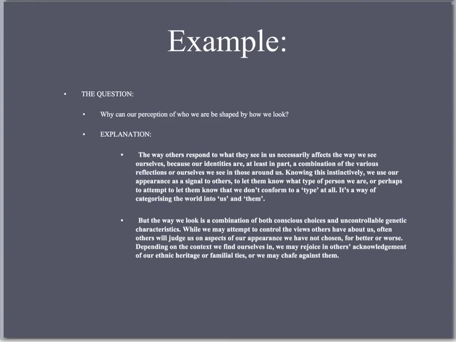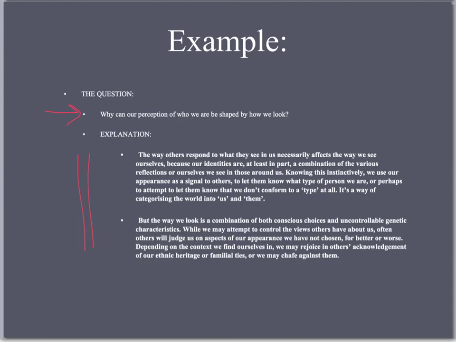Okay, so here's an example of that. So what I've done is I've taken my central argument or idea and I've asked the question, why is it true of it? So the question I'm really addressing is, why can our perception of who we are be shaped by how we look? And I've come up with these explanatory points after going through that questioning process of why and how. So I've said the way others respond to what they see in us necessarily affects the way we see ourselves, because our identities are, at least in part, a combination of the various reflections of ourselves we see